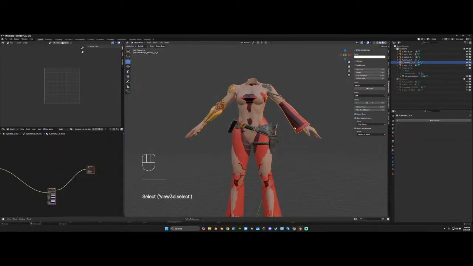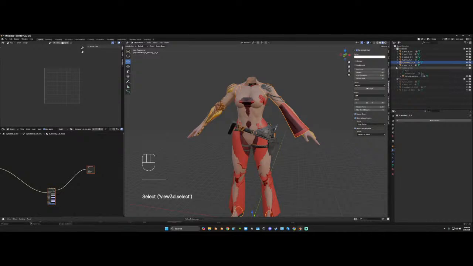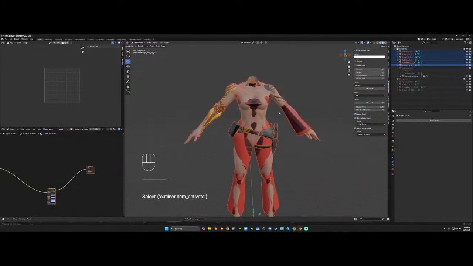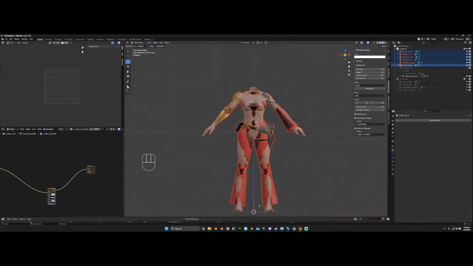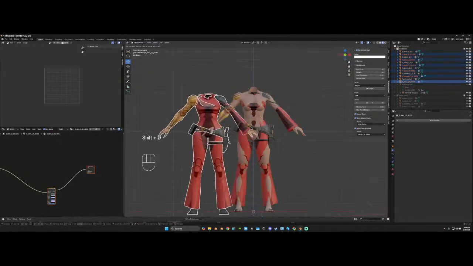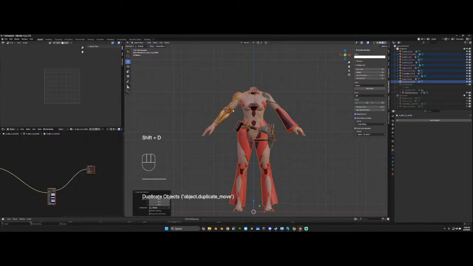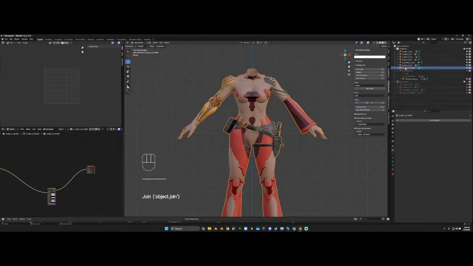Like it's not all one piece, so I need to fix that real quick. So I'm going to select all of these pieces, and I don't know if I want to make it permanent, so what I'm going to do is hit shift D to duplicate all of those, and then I'm going to right click and join, and that joins all of them into one piece. And I'm just going to say full body mod, right? There it is. And I'm going to hide all the little pieces, and actually I'm probably going to put all these little pieces in their own